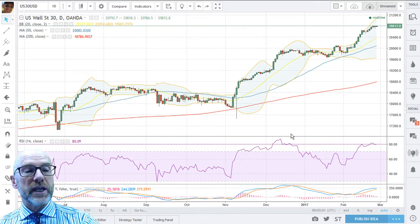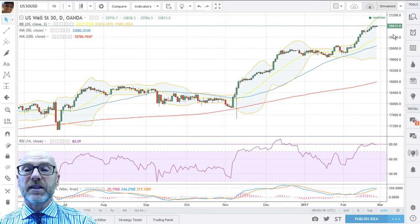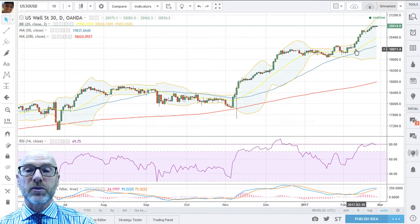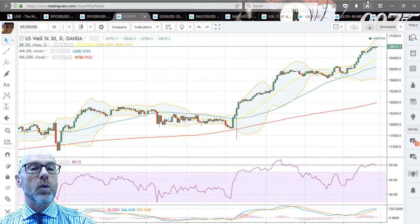The supports in this market are at 19,781.6, sorry, and then at 19,657.5. So again, that support's coming in from the December, January levels and should hold. And again, you've got the 20 and 50-day moving average, which are both still moving up, and they will give support. On the weekly,